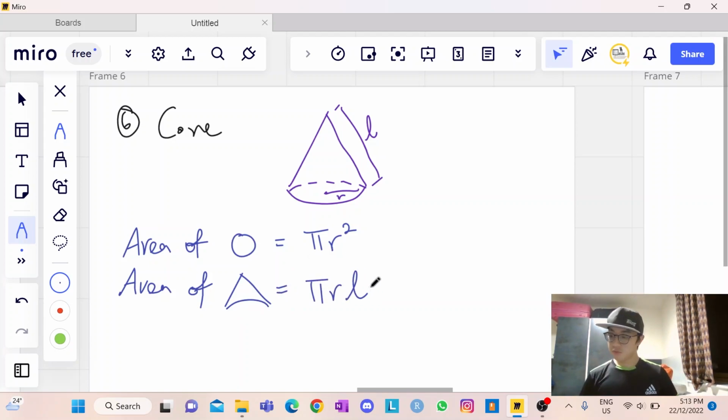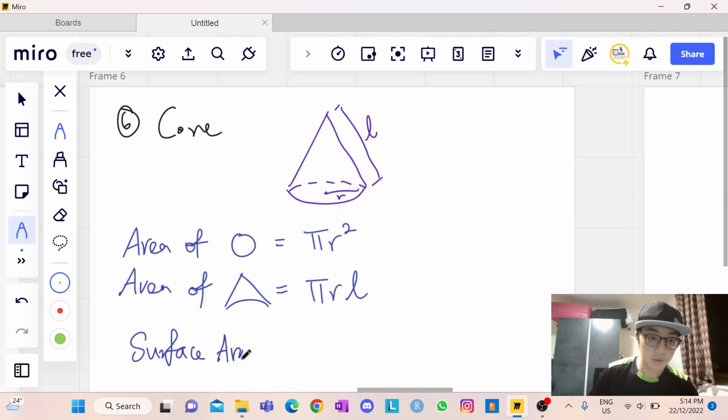All right, I have to apologize for not being able to give you the exact reason why it's pi r l. The structure of this cone, I'm not sure if I can do it right here. You need to kind of turn it in terms of like this, right? So it looks like a cone, right? So it's very hard to actually visualize this. However, if you are to just memorize it, then it will be